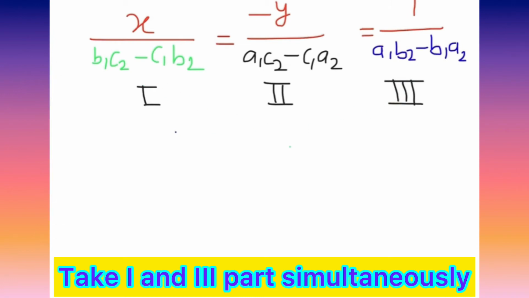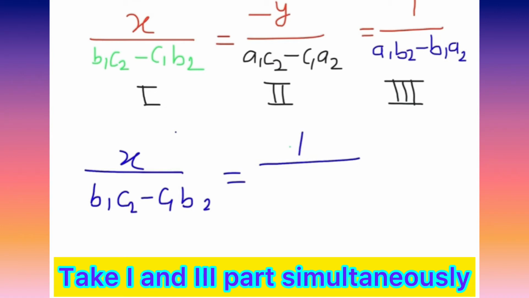So you will get x upon b1 c2 minus c1 b2 equal to the constant term 1 upon a1 b2 minus b1 a2, and now transpose